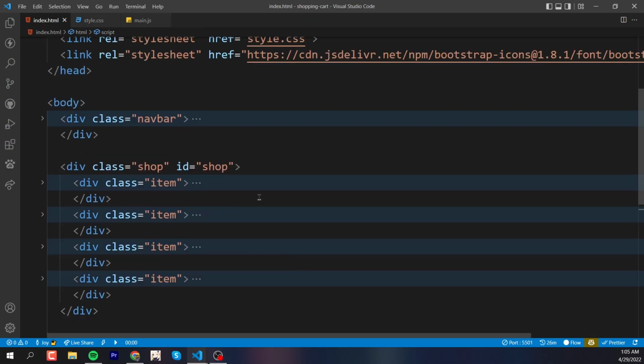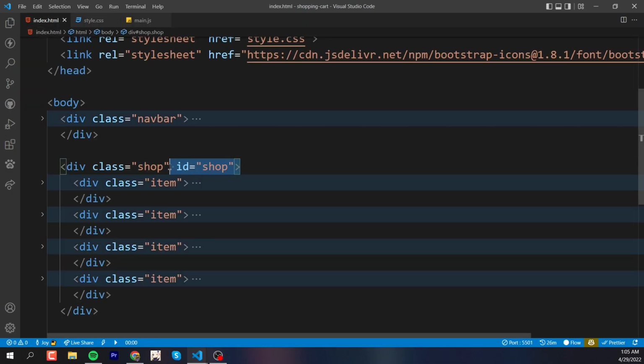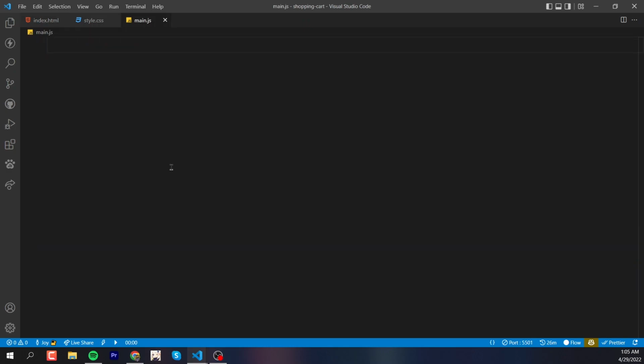The very first thing that we're gonna do is copy the ID. Do you see this ID here? My main intention is to target this ID, which is in the style CSS, inside the JavaScript. So let's copy this one and go back to our main.js. How do you actually target an ID inside main.js? First of all, you write a variable. Let, you can write anything here. I'm gonna write let shop equal to document